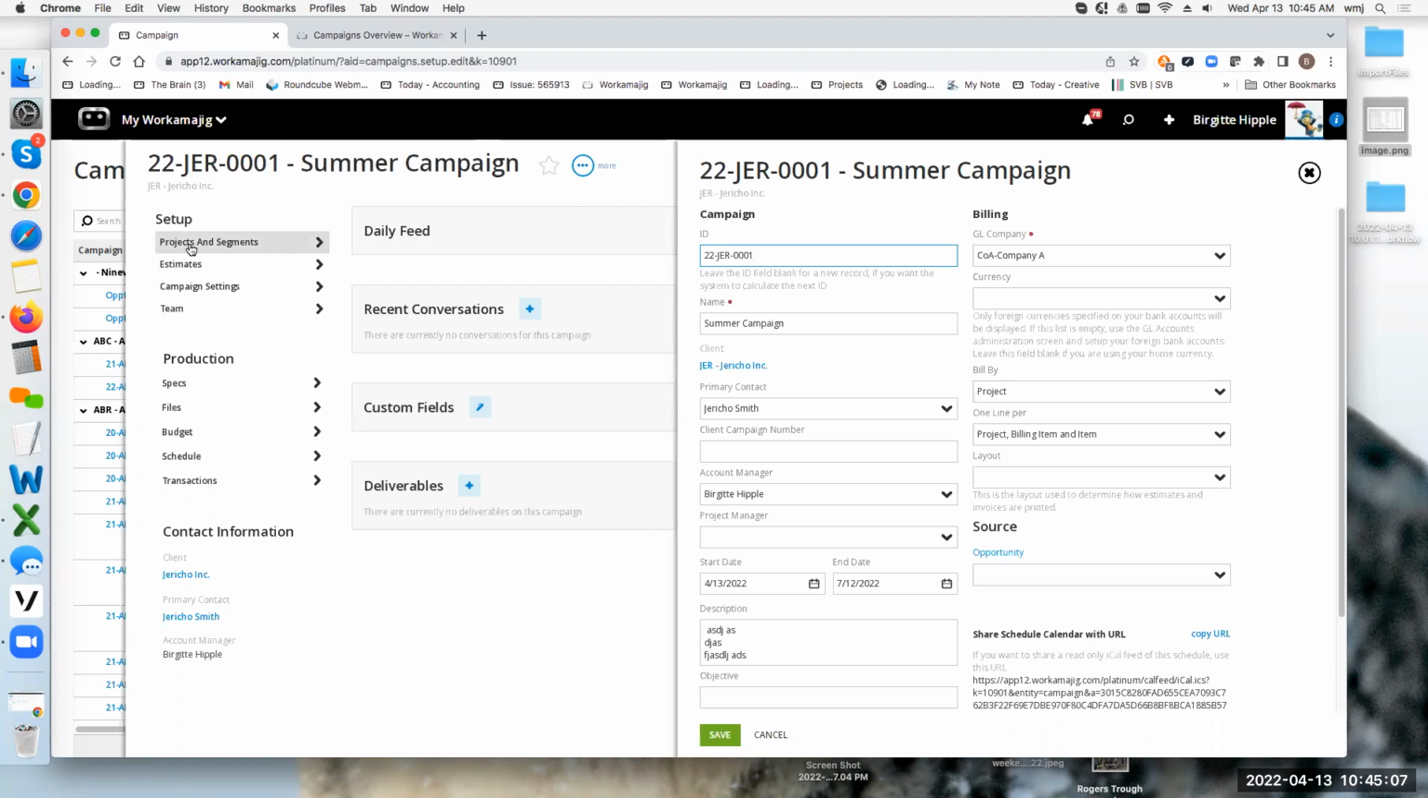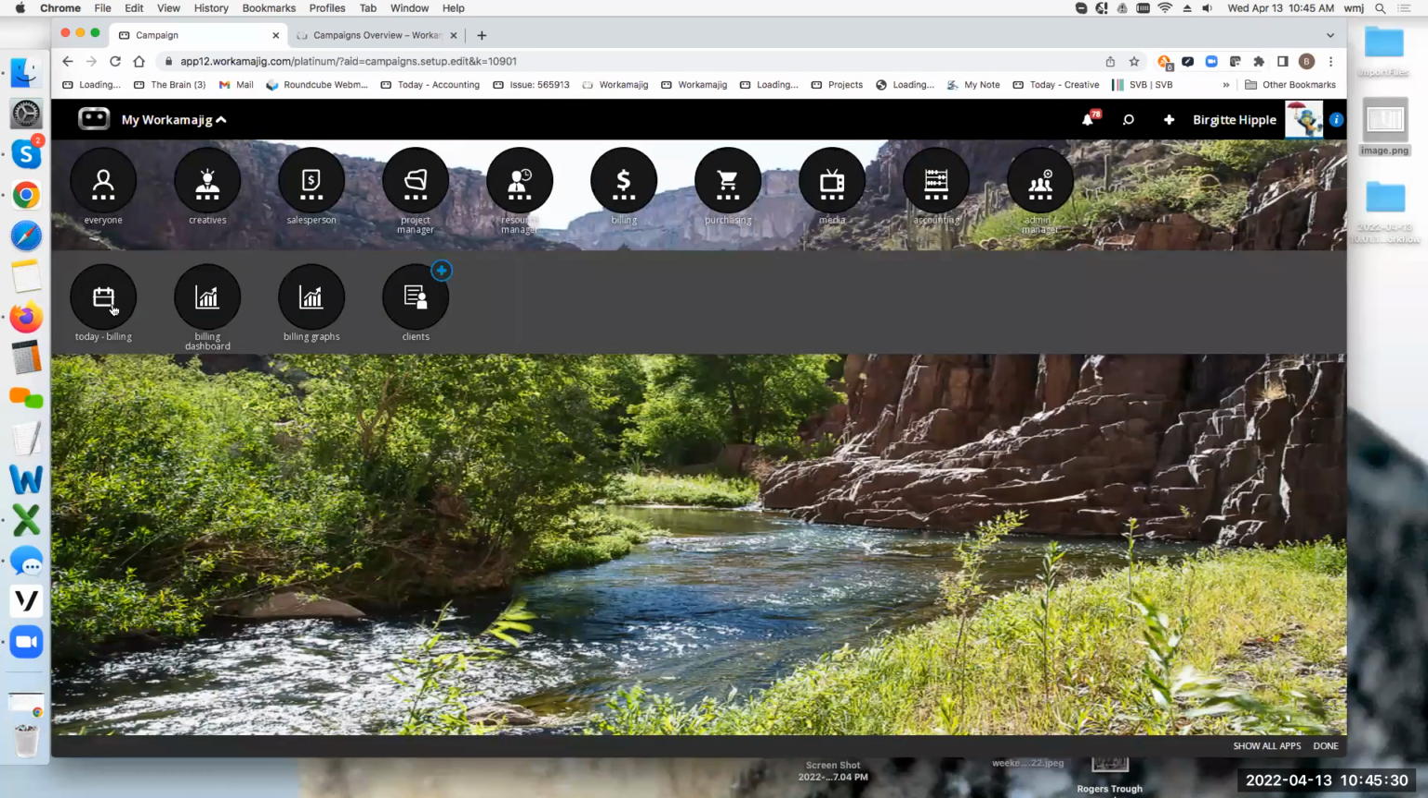That means that no matter how my projects are set up, whether they're fixed fee, time and materials, or retainers, and whether I'm doing mass billing, project billing, or billing worksheets, I am still going to be looking at the project to bill. The campaign just has a nice way to group things so that if I happen to come over to, let's say, my billing page,